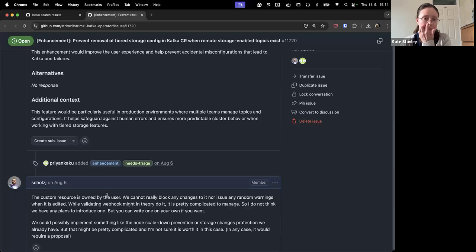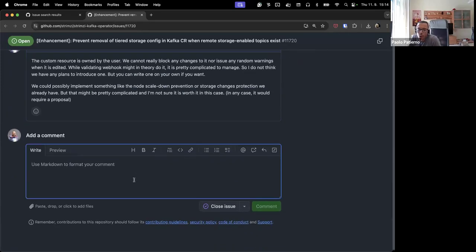Yeah, I agree. I would leave it open for someone to implement right now. Anyway, even if we don't know how many people use tiered storage and then disable it, it's not great UX that you can do that and then you have to deal with the logs in order to understand what's going on.